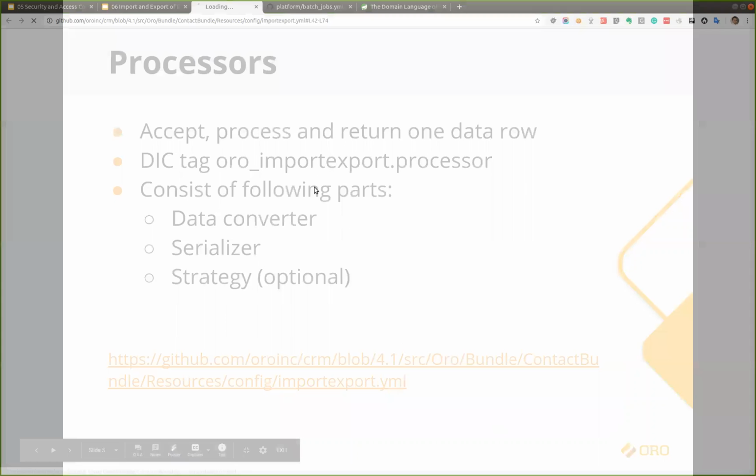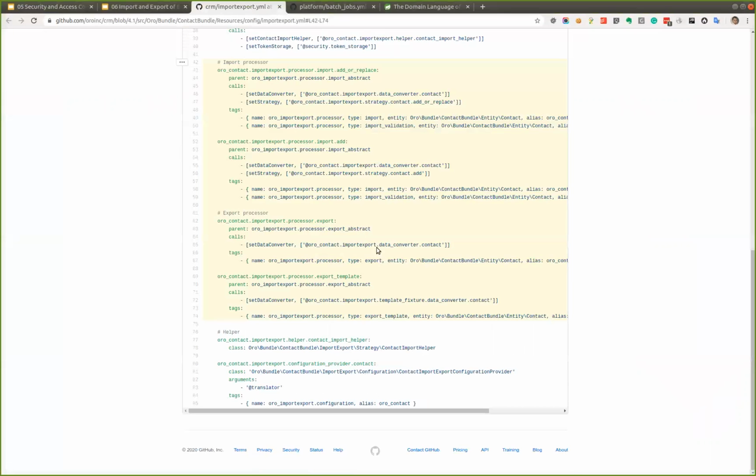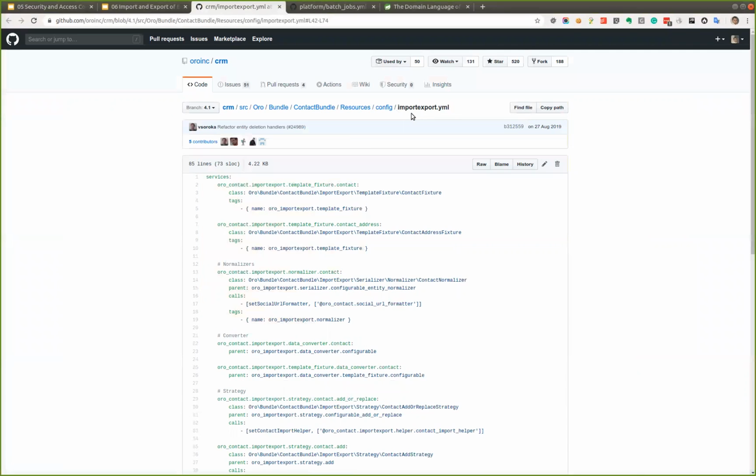So we recommend to put all the service definitions that are related to the import export into a special container file, import_export.yml. It's exactly the same as services.yml. It starts with services, and it's just the same. You just put it in a different file to have logic separation for all the services, because there are quite a few related to the import export. If you're going to follow this way, you just should remember to load this file in your